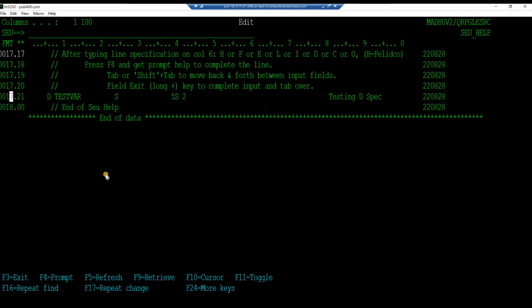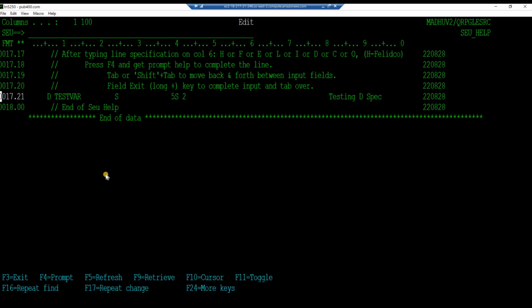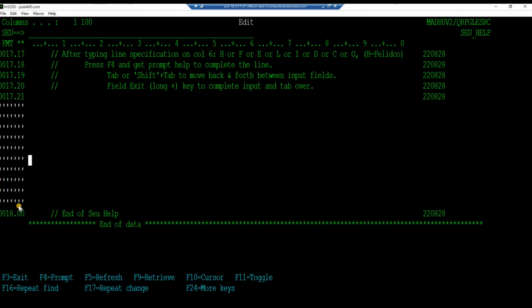Navigate to the same line, take an F4, press tab to flit from field to field, input column to input column, shift tab to go backwards, F12 to release the prompt, tab, arrow keys, field exit to blank out the entire spec line, up arrow, insert 10 more blank lines, enter, down arrow,